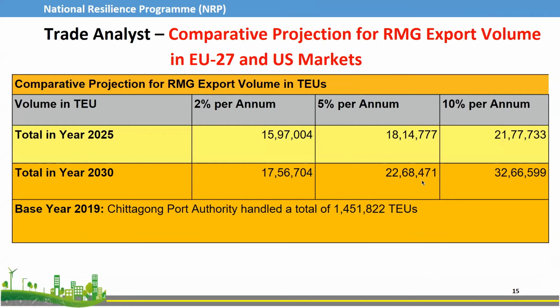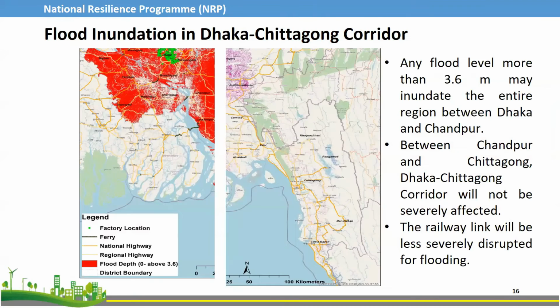So this is that data converted from monetary value to TEU values. After that, our disaster management expert, from his calculation, came up with the kinds of disasters that we may experience in this small study area, along with their magnitude. From flood inundation, we can see that any flood level more than 3.6 meters may inundate the entire region